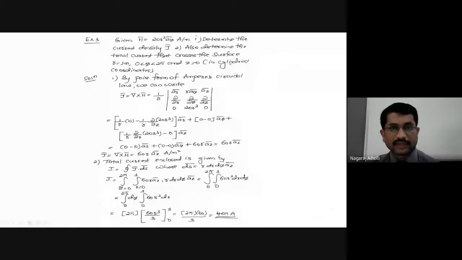Sometimes even if they don't mention it, you have to see the coordinates, whatever is being given. It is given in r square a phi bar ampere per meter. That is r, phi and z is given, which means it is the cylindrical coordinate system. The first and foremost step is to find out in which coordinate system the equations are given. Here the equations are given in the cylindrical coordinate system. Once you identify the coordinate system, then apply the required equations and then solve and simplify so that you will get the final answer.